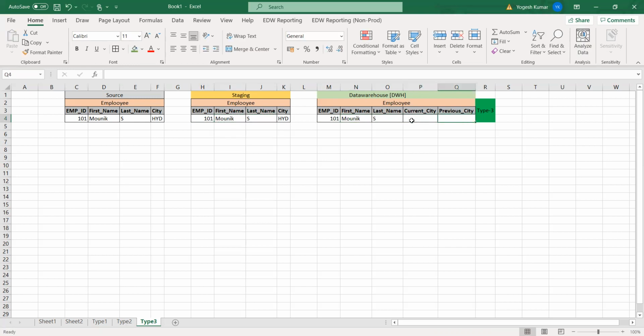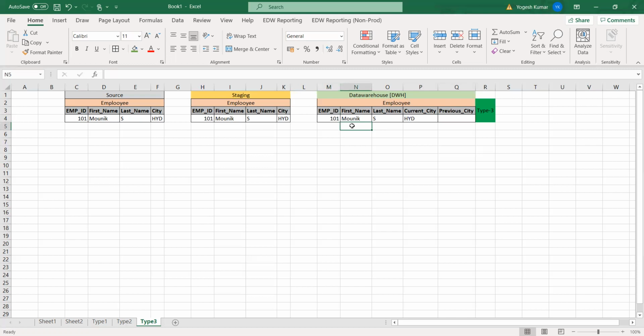The current city is whatever you are getting in the data, so just load that. Your previous city is blank, because we don't have any data; this is the first time the record comes. Got it, guys?